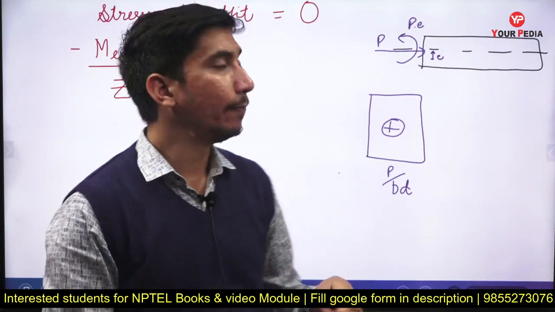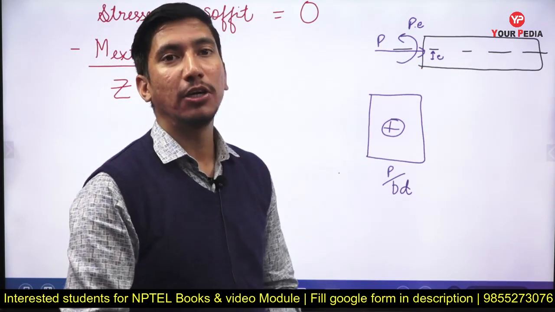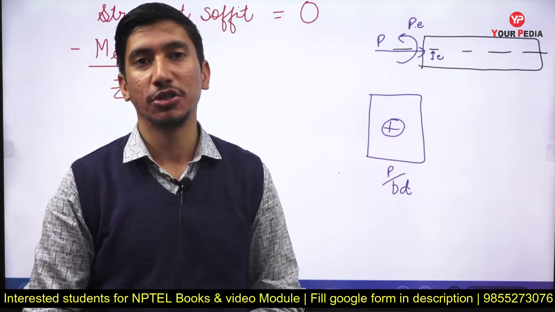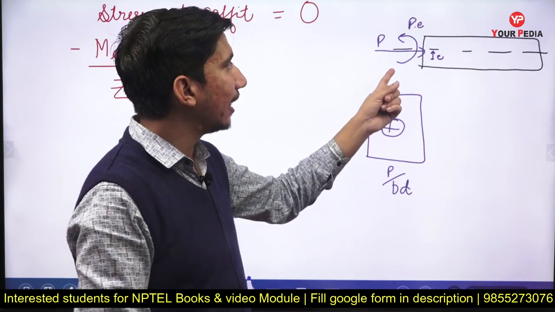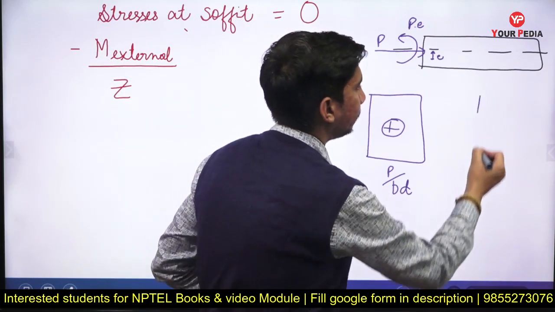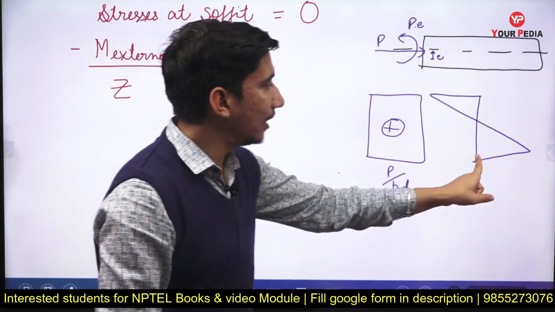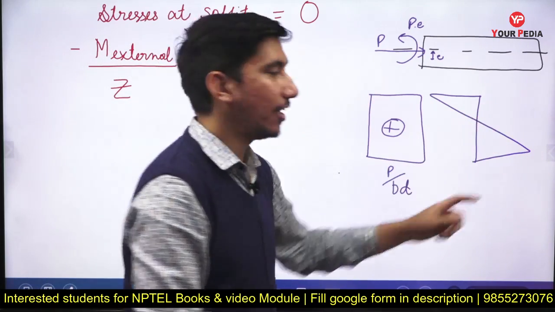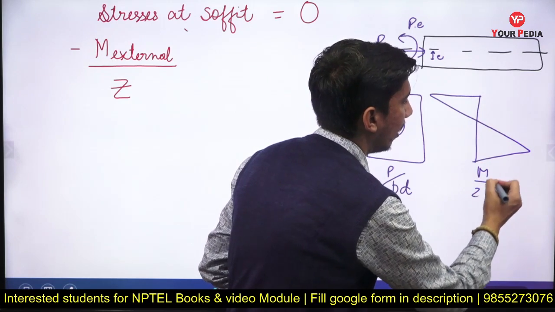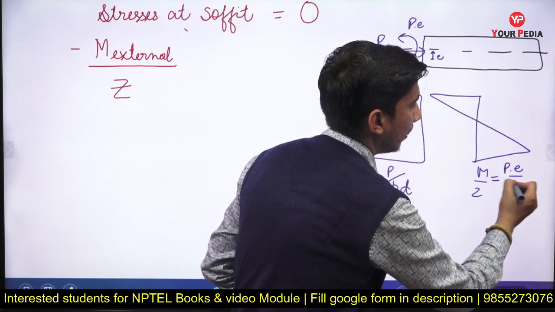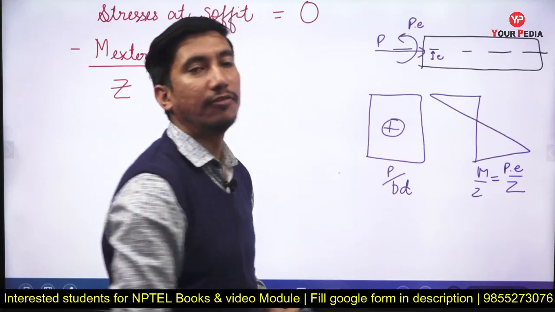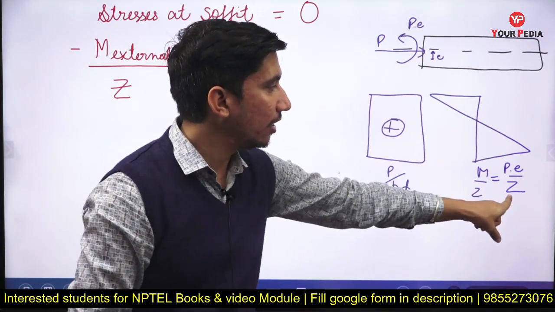Okay. Next thing, there is this hogging bending moment also. Now we have to take that into consideration as well. So this will create tension in the top portion and compression in the bottom portion, and the value of this maximum compression and tension will be equal to M upon Z, again where M is equal to P into E. Here the bending moment is equal to the value of the moment, so that is P into E upon Z,